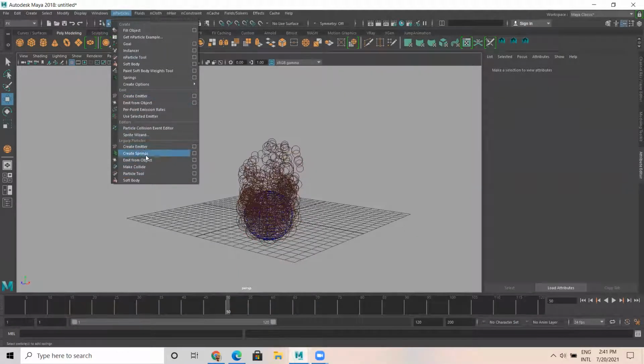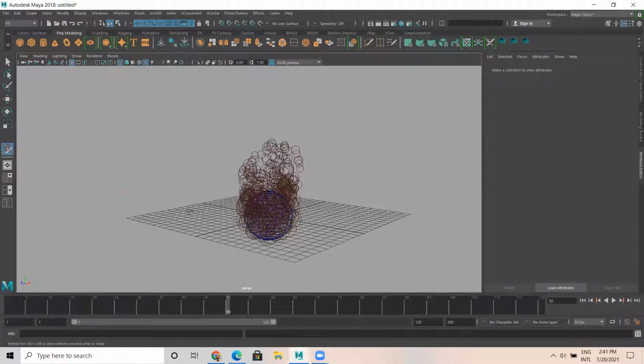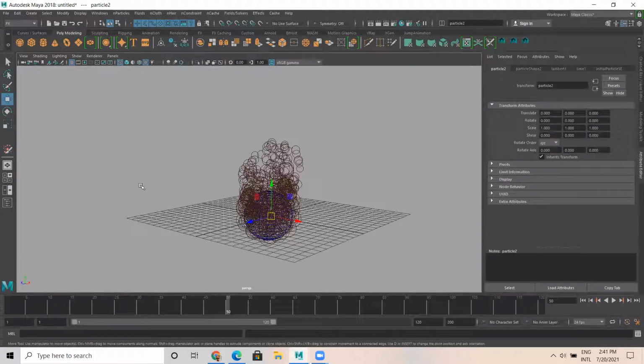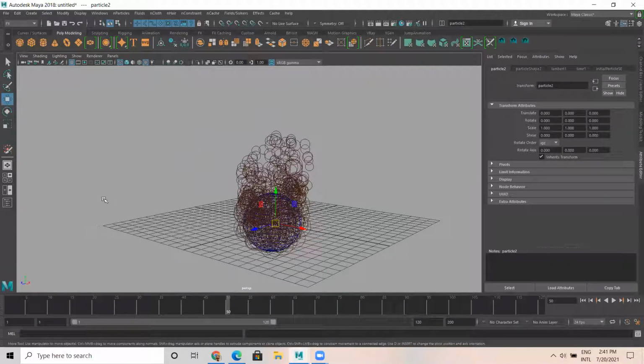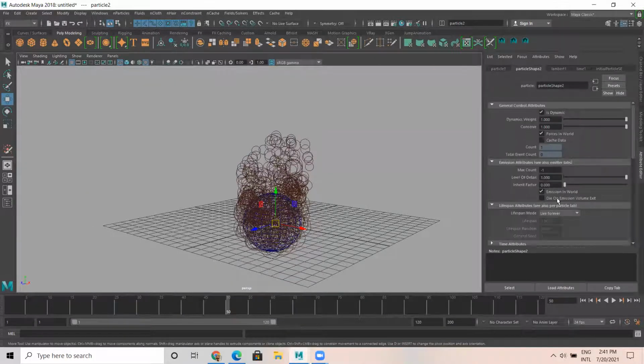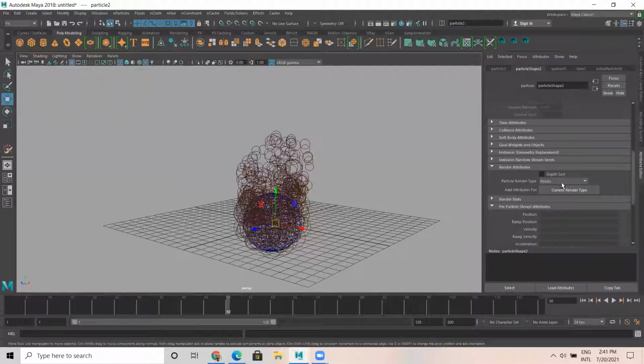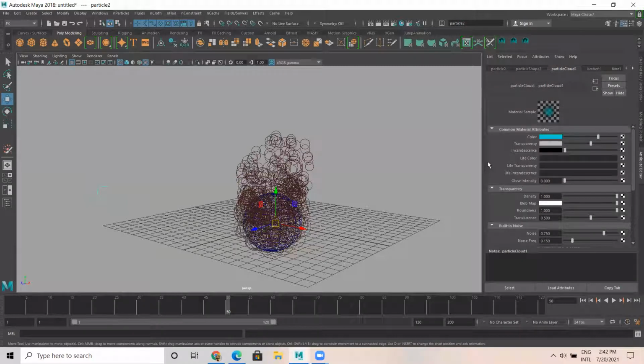Here we have a legacy particle. I take some particle, I just create. So when you see here, I select a particle here. One means one simple particle I created. I go to particle shape. Here under render attributes, instead of point, I have a blobby surface. So it should be particle cloud. I take cloud. This is a particle cloud. So see when I select this, you have this particle cloud effect.